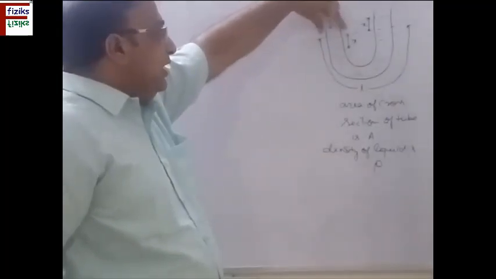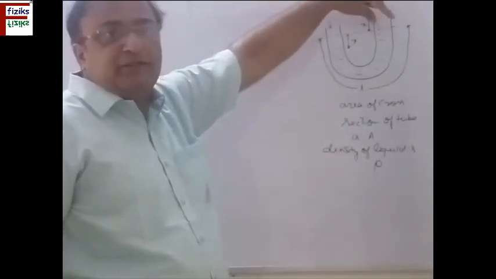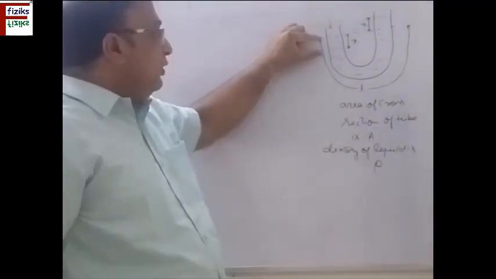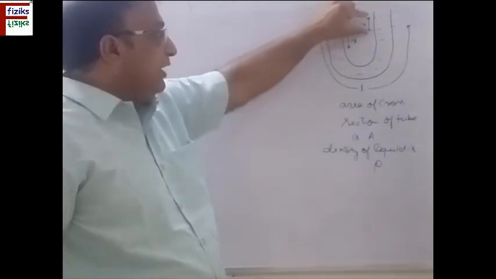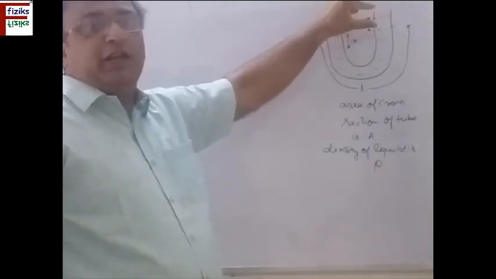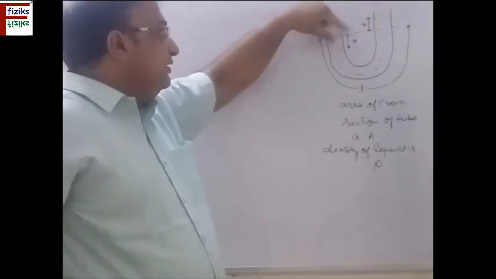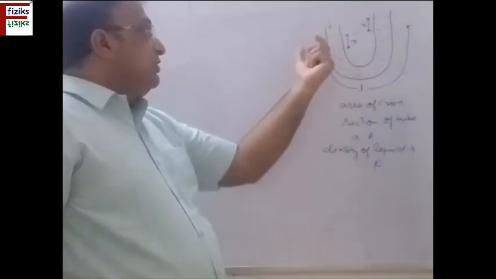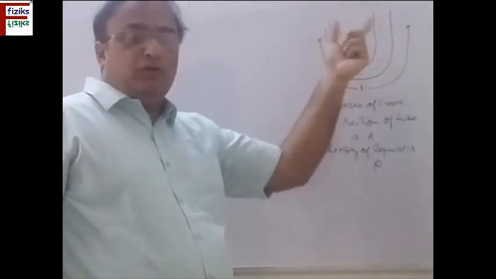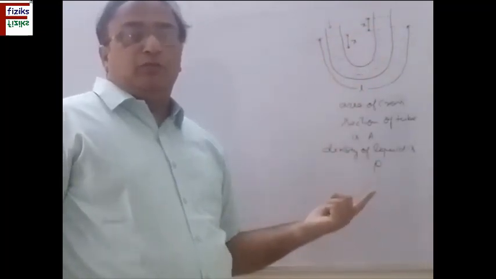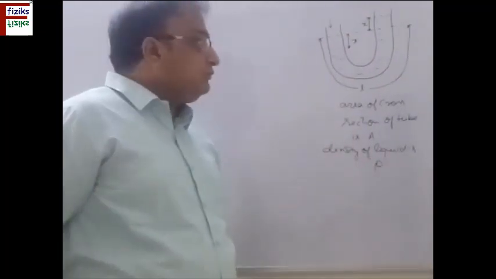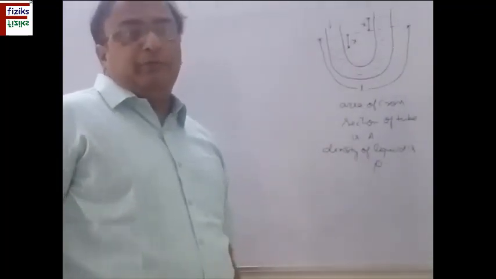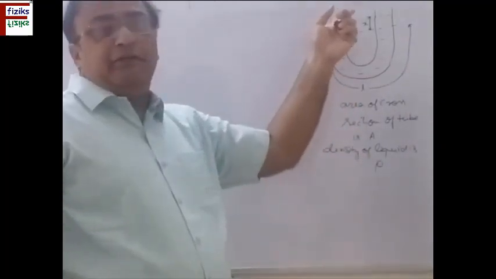Because the mass displaced here is same as the mass displaced here, and area of cross section is same on both sides, the fall or descent of the liquid x will be equal to the rise or ascent of the liquid in the right limb. So here it is x, here it will also be x. But remember, this is when the cross section area of the tube is same on both sides and the limbs of the tube are parallel and not inclined. So now we have to find the frequency of the natural vibrations executed by the liquid in this case.